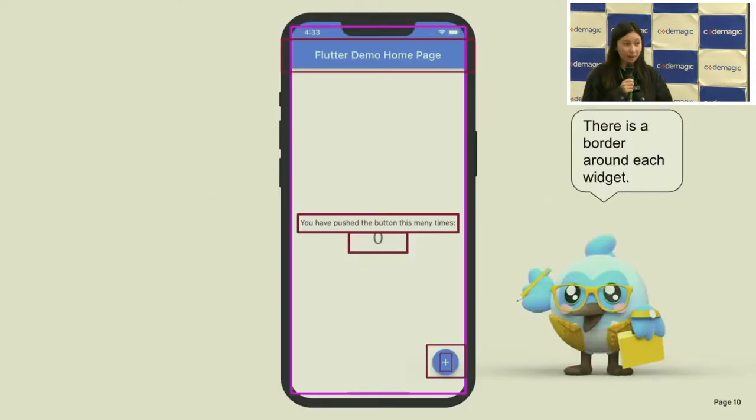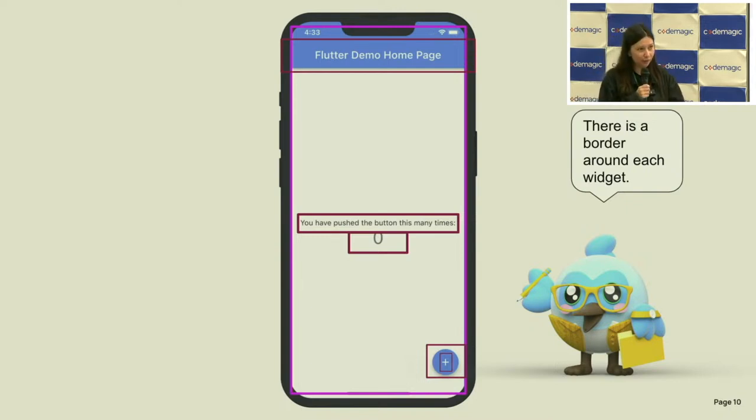So, what are semantics? I just talked about it. For instance, a blind person would navigate through an app with a screen reader, and that's something that will talk about what's on the screen. So, you can see here the counter app that we all know, and I have made some boxes around the widgets. And each of those widgets has a node in the so-called widget tree in Flutter.